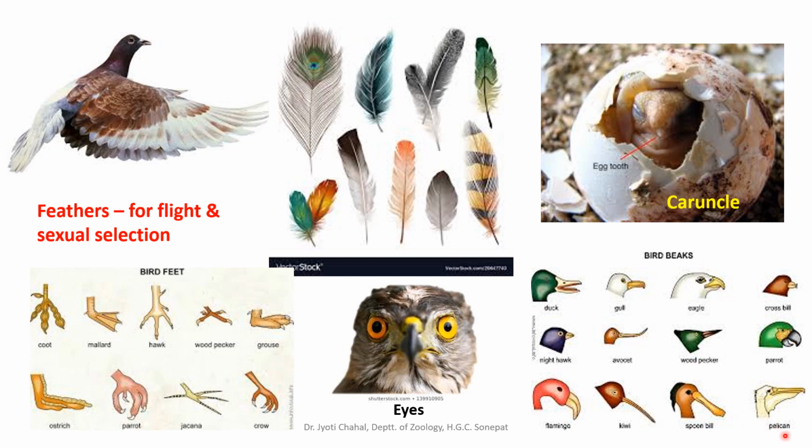Okay, and you can see the pelican has a pouch-like structure so that it can engulf the fish completely. Parrot has a curved beak, and that is frugivorous. Woodpecker has a long and pointed beak so that it can peck on the wood, and flamingos have a curved beak so that they can feed upon the larvae and some small animals in the field.